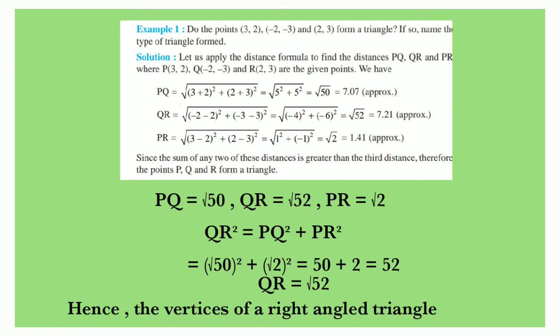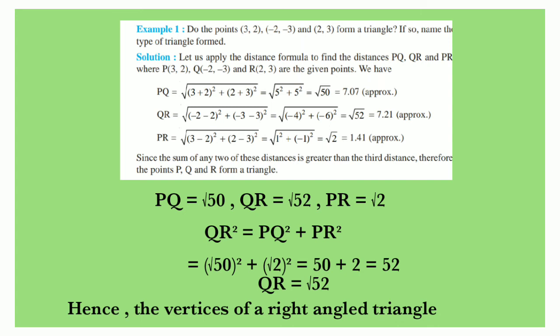Let us check Pythagoras theorem. What is the Pythagoras theorem? Hypotenuse square is equal to base square plus altitude square. So here which is the greatest side? QR. QR is equal to root 52. So QR square is equal to PQ square